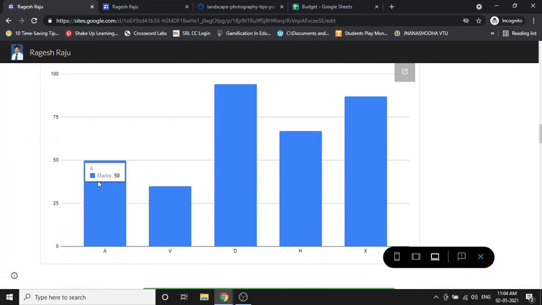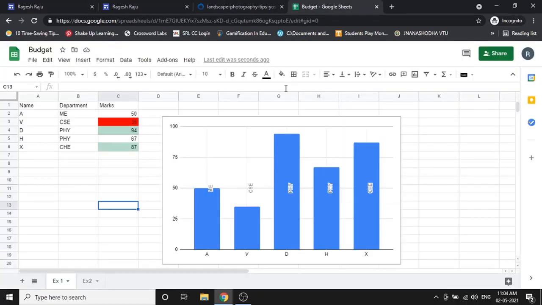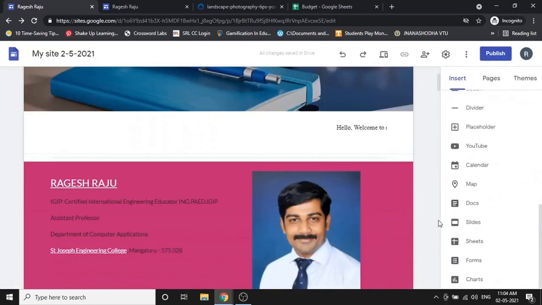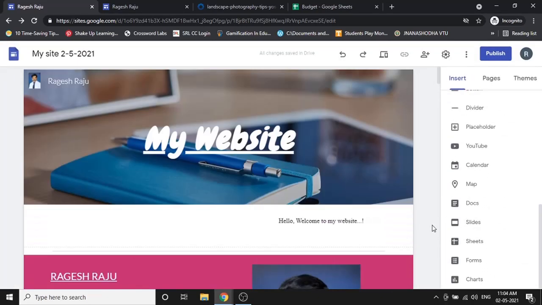If you publish it, it automatically gets updated, you don't have to do it. See, automatically the chart also will get changed here, the value in the chart. So if you have something to show like this, you can have an Excel, you can have a Google sheet in the background, just update the values here, and automatically the chart on the website also will get updated. Okay, so these are the basic elements which we can insert in your website.